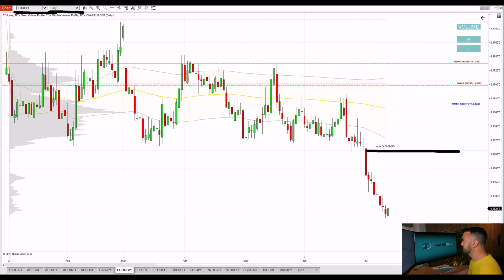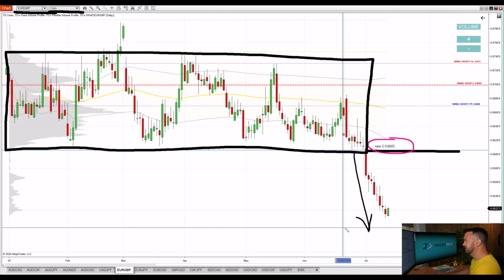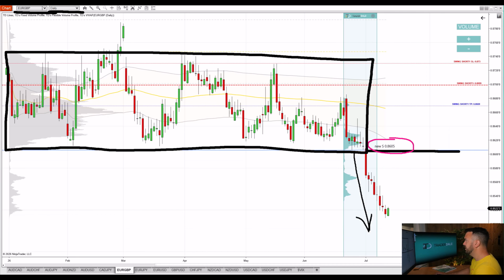This resistance at 0.8605. Now, if you take a look at this whole area, this is one massive rotation the market's been in since the start of the year. So over half of a year, the market was rotating. Now we broke out of the range. That's important. And if you take a look here at the price where the price broke out of that range,